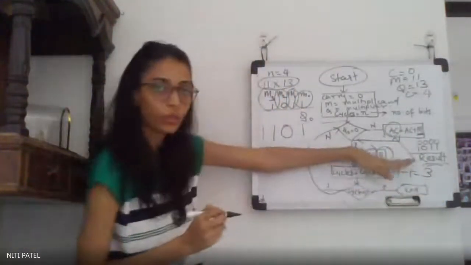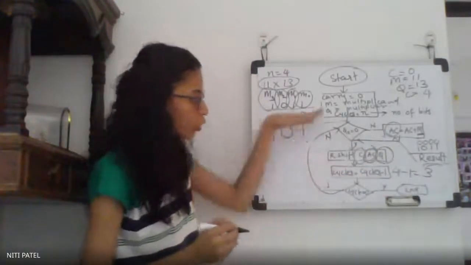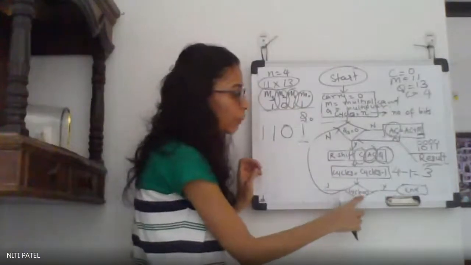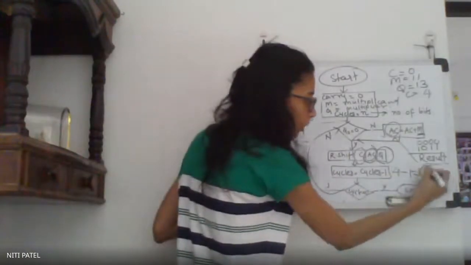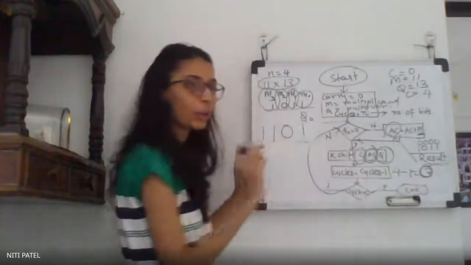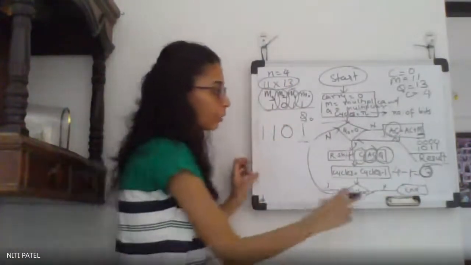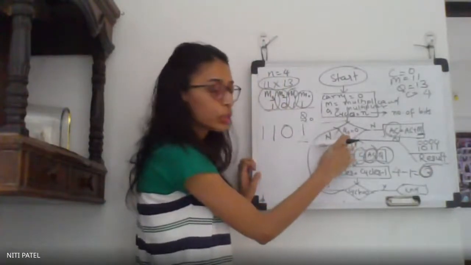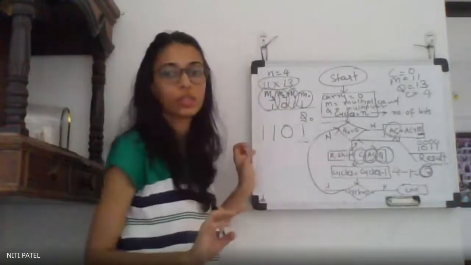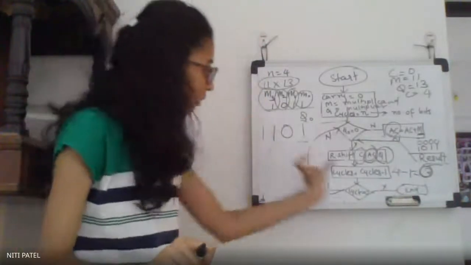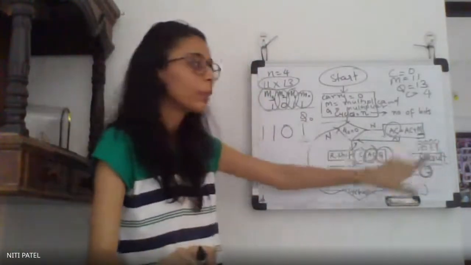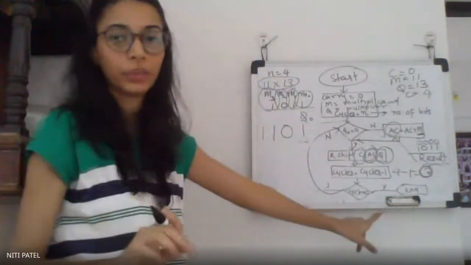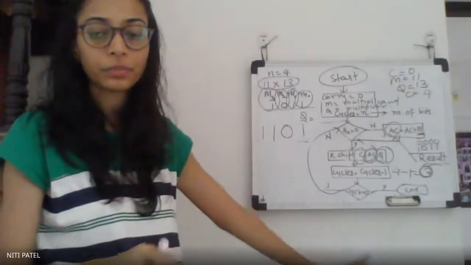That means you have completed the first cycle, and now onwards you will perform the second cycle. You will stop when your cycle becomes 0. That means when this cycle becomes 0, you are supposed to end, and whatever you get will be the result. But if your cycle does not reach 0, you have to keep on checking the value of Q0 and make the cycle equal to 0. Is this understood? Whatever result you get at the end will be nothing but the multiplication of 11 into 13 in binary. Is it understood up till here?